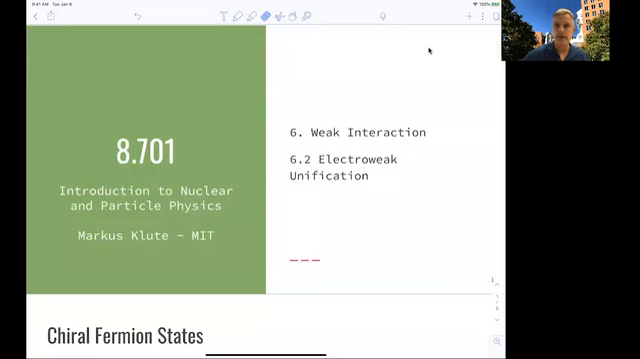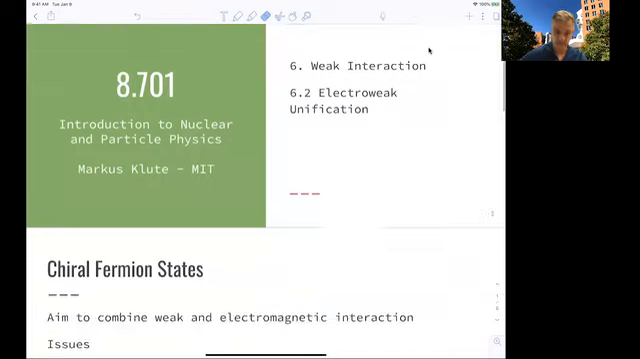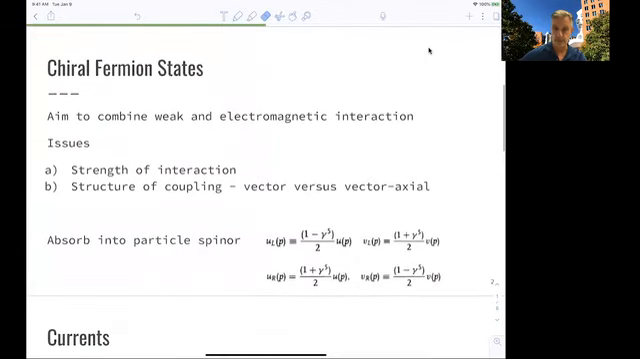Welcome back to 8701. So in this section, we look at electroweak unification. The aim is to combine the weak and the electromagnetic interactions. The issues we can see here are, first, the strengths of the interactions are very different. This can be mitigated by the fact that we have heavy gauge bosons involved, and we have seen heavy particles